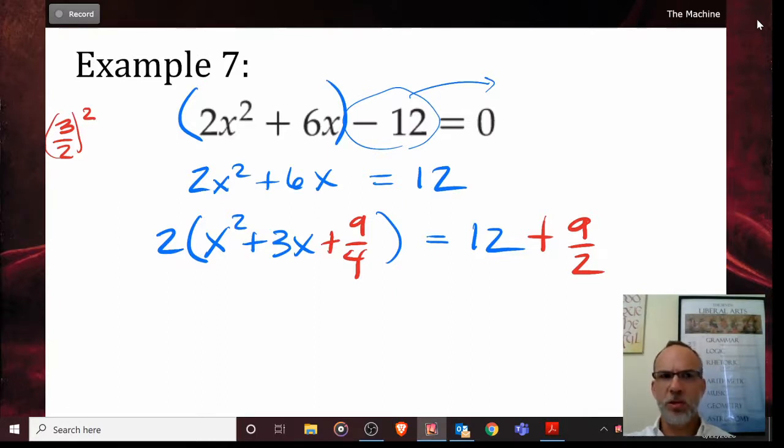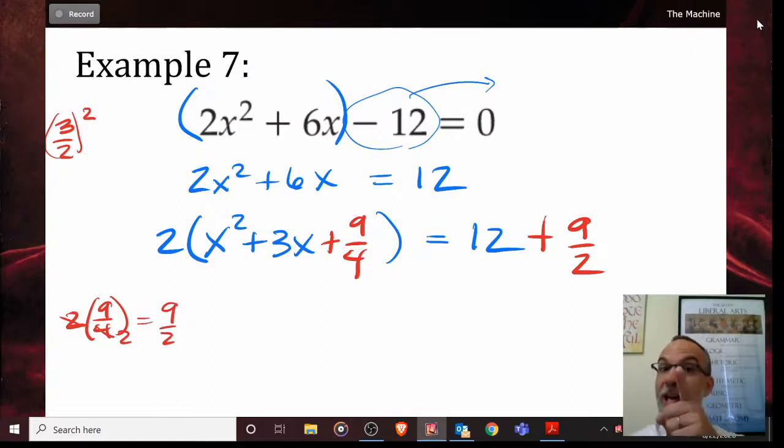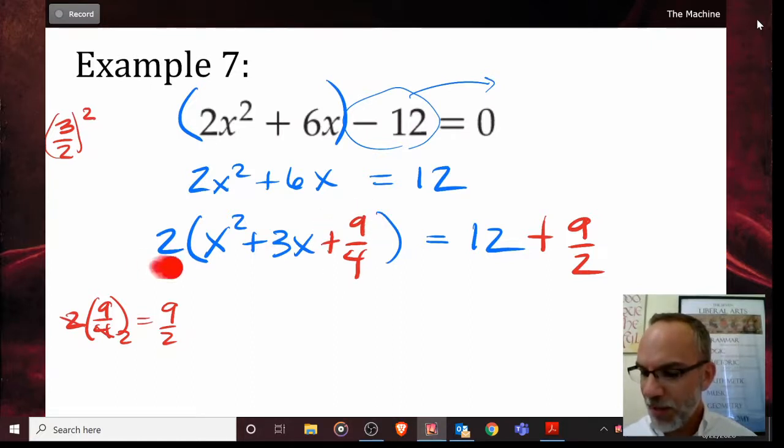Oh no, Mr. Marsh, you added 9/4. Not really. Here's why. This 9/4 right here, if I were to multiply everything out, doesn't it get multiplied by 2? What is 2 times 9/4? Cancel with the 2 down below. Oh, 9/2. Careful. When you add that thing inside the parentheses and you've got a factor out in front,